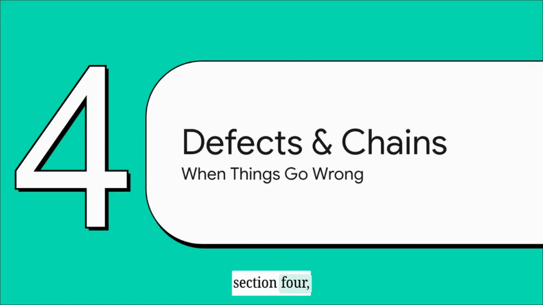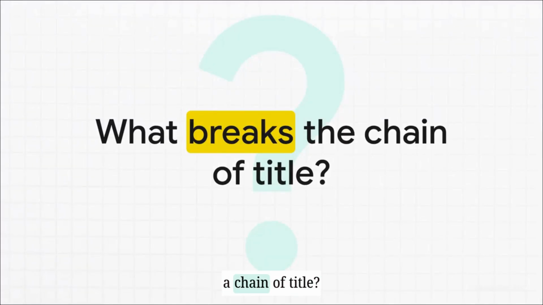All right, Section 4, defects and broken chains. We know how the chains should look, but what happens when things go completely wrong? So what actually breaks a chain of title? I want you to consider the catastrophic consequences of a gap in the historical record. As a general rule, a person cannot transfer more property interest than they actually have. If a deed suddenly appears from someone who never received title, or an unauthorized transfer happens, the chain shatters. Just like that. The current owner's claim to the property becomes clouded, and any pending transactions will grind to an